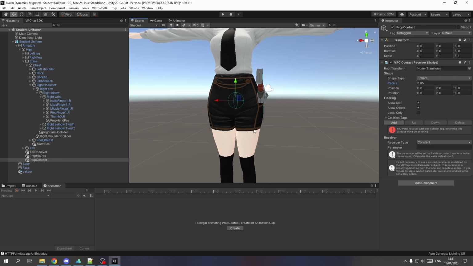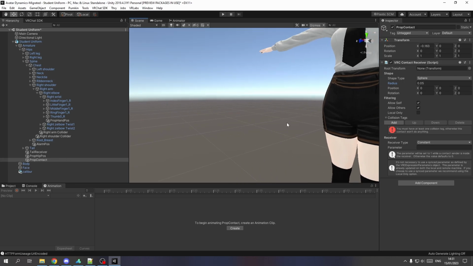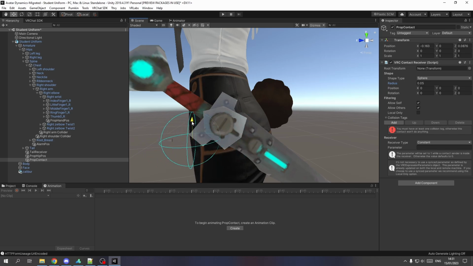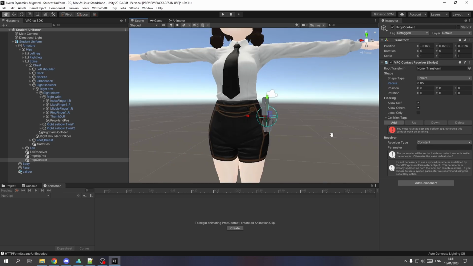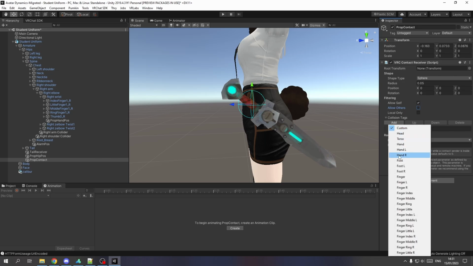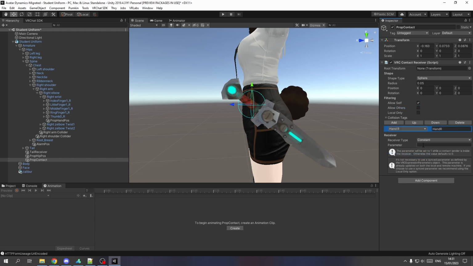And because it's an empty game object, we can just move it around with the arrows here and move it to the position where you want to be able to grab it. This seems about right. Now we need to disable the collision for others. We only want it for ourselves. And add a collision tag. I want hand R. I want to be able to grab it with my right hand. We need to give it a name. I call it grab. So whenever my right hand enters this contact receiver,